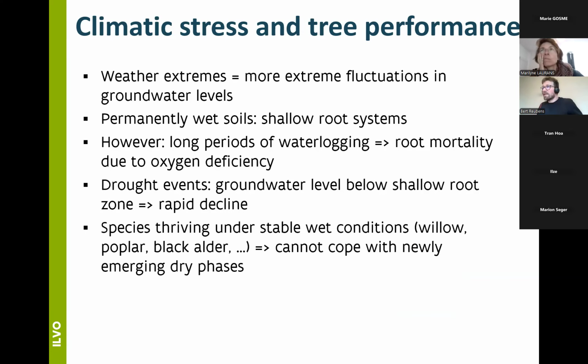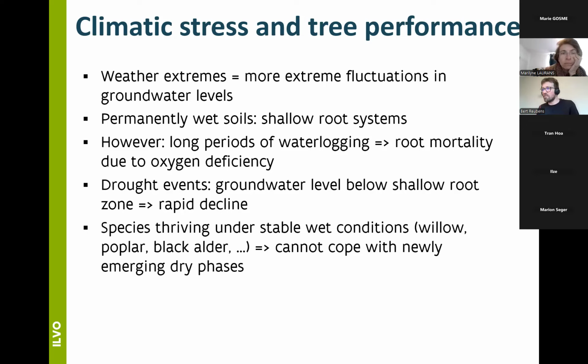Indeed, weather extremes mean that we have more extreme fluctuations in groundwater levels, and in soils which are permanently wet, of course, trees will develop a shallow rooting system. But since periods of waterlogging become longer and longer, even for species adapted and having a shallow root system, we see root mortality taking place due to oxygen deficiency.